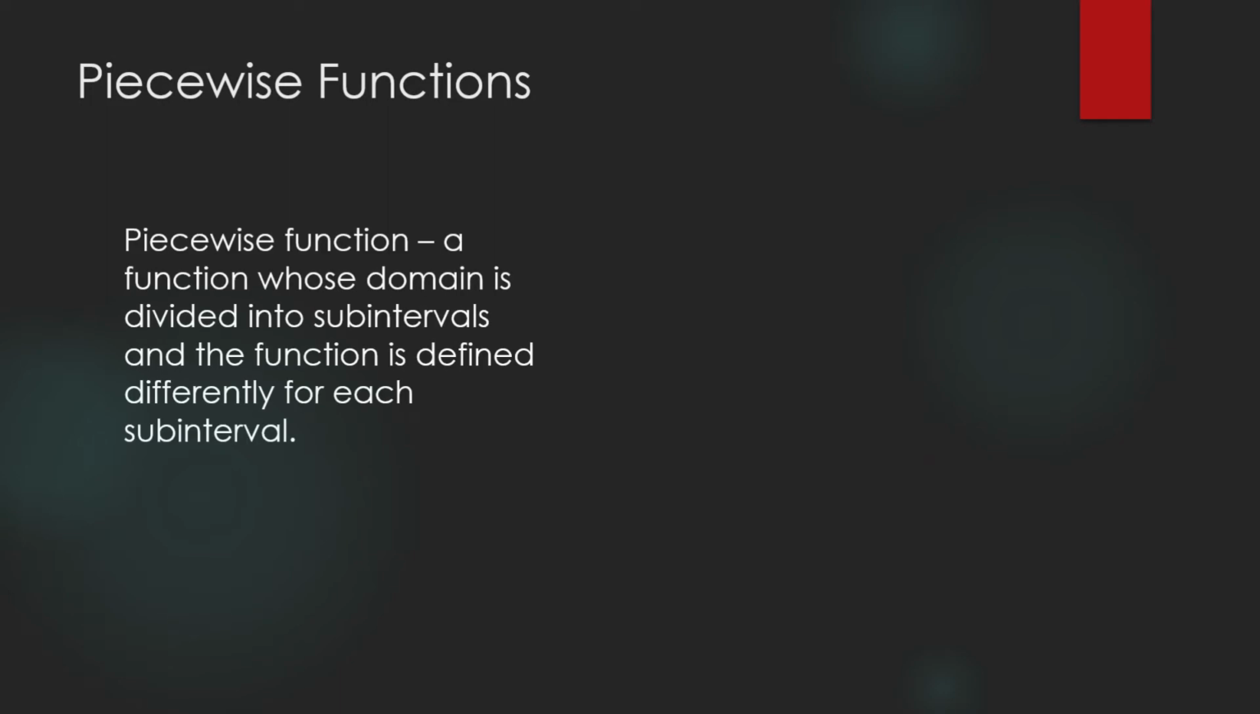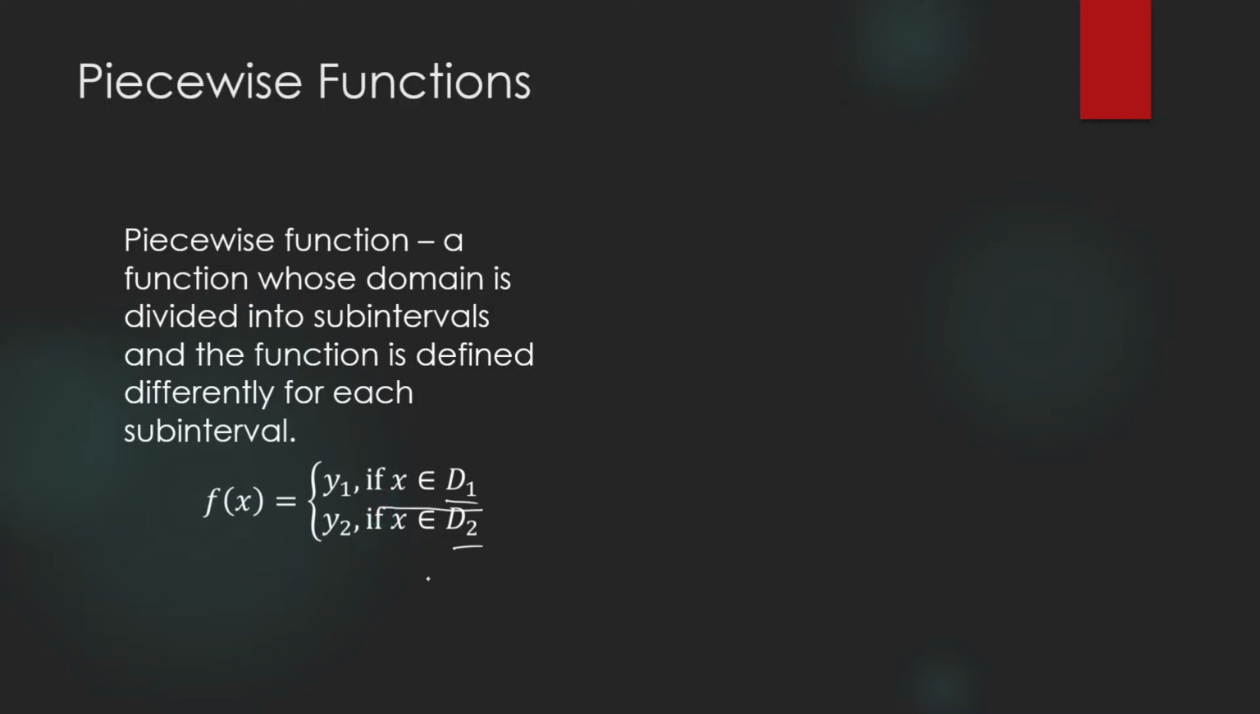Piecewise function. It is a function whose domain is divided into subintervals, and then the function is defined differently for each subinterval. This is how you write your piecewise function, and sometimes you call this the conditional function. So what we do is we divide our domain into two or more subintervals, and then if x